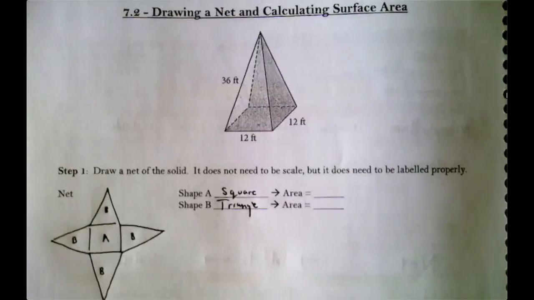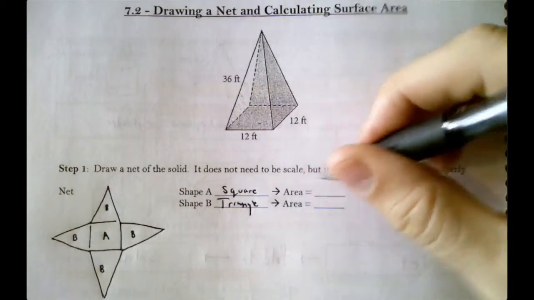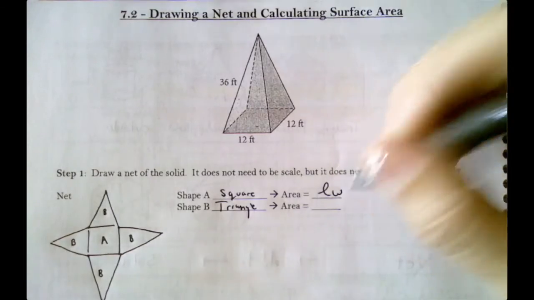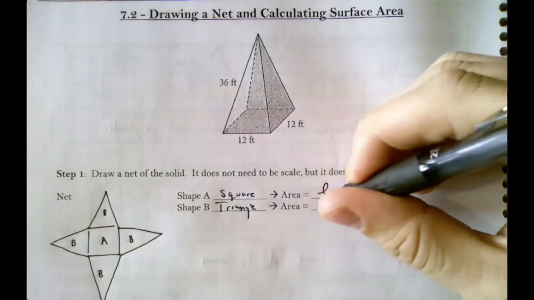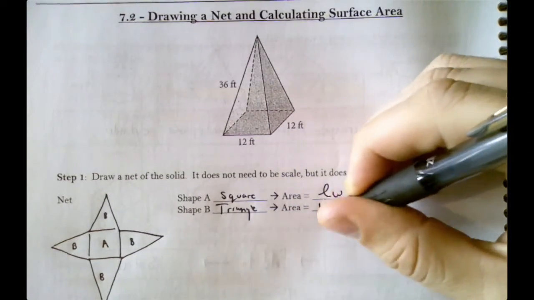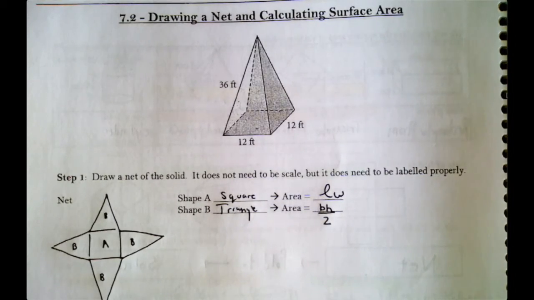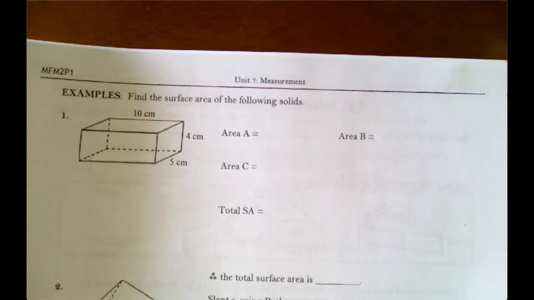Well, how do you find the area of a square or a rectangle? It's just length times width. And for a triangle, it's base times height divided by 2. And if you don't remember that, at the end of the lessons package, the end of the unit, if we flip forward a few pages,